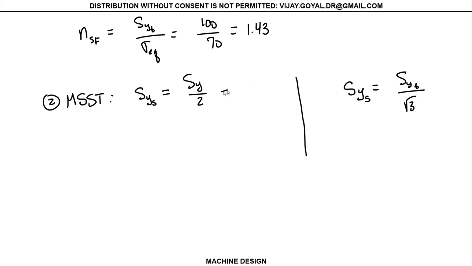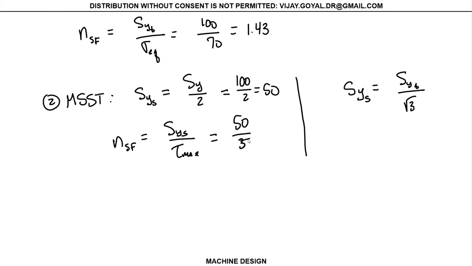So if I did this, this is actually equal to 100 divided by 2, which is 50, right? And from here, your factor of safety will be your maximum yield shear over tau maximum. Okay, so that would give you 50 divided by 35 and gives you 1.43. And the same, and then on this side,